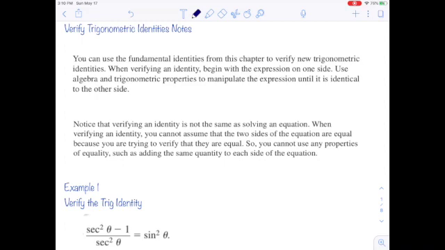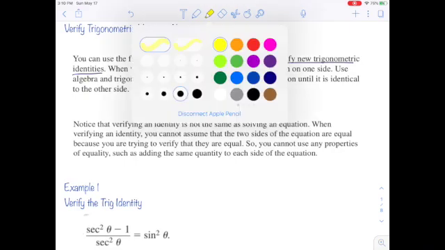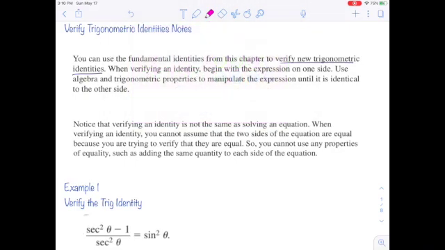We're going to use our fundamental identities from this chapter that we've been dealing with all week to actually verify new trigonometric identities. And when you verify an identity, you need to begin with the expression on one side, either the left side or the right side. Then we use algebra and trigonometric properties to manipulate the expression until it is identical, so it has to be exactly the same